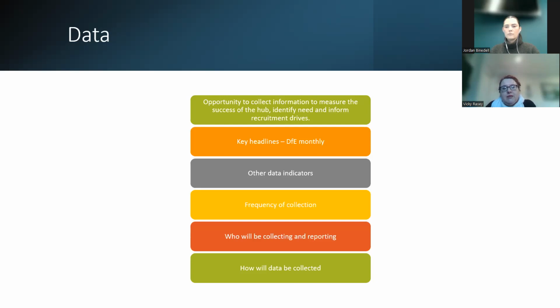So those 6 are key indicators that we will report to the Department for Education on monthly, and that links back into that hub lead role. So the hub lead would have a key role in linking between the Department for Education, the directors, and the hub. That said, that would also be obviously supported and generated by a case management system for the hub that we are in the process of procuring and designing, and carried out by the data lead for the hub too.